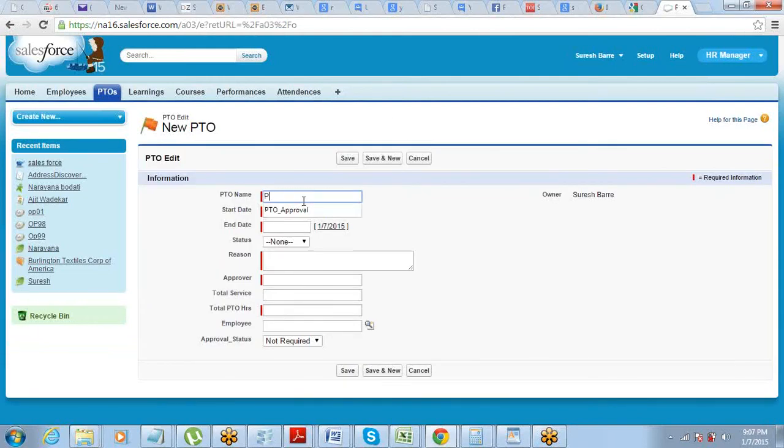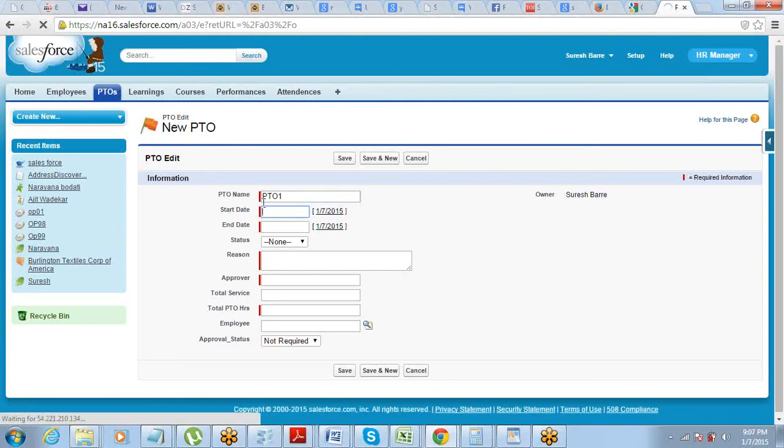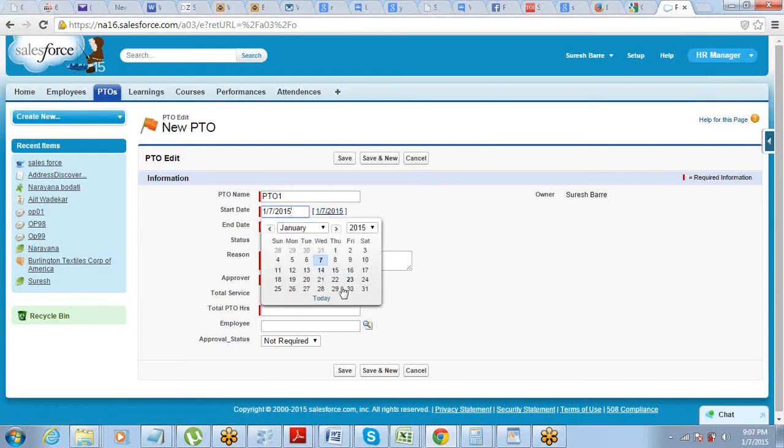Entry, start, initial submission, final recall. So either it goes to the submission, then if it is recalled it goes here, if it is approved it goes here, if it is rejected it goes here. So the complete flow chart you will get to see. Okay. Once you are fine with everything, just go ahead and activate the approval process. Now your approval process is active.